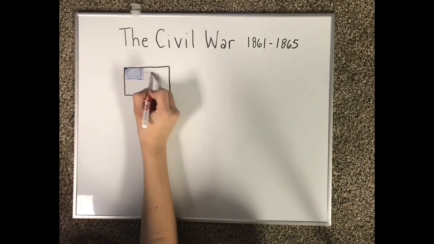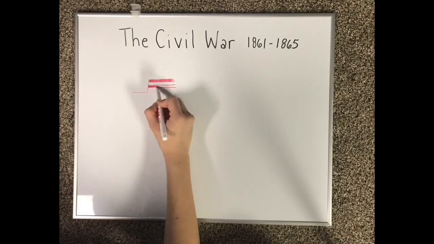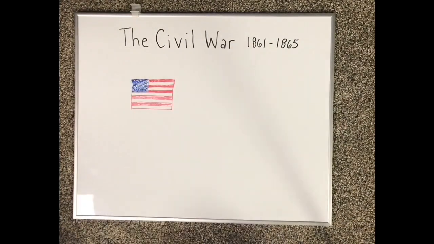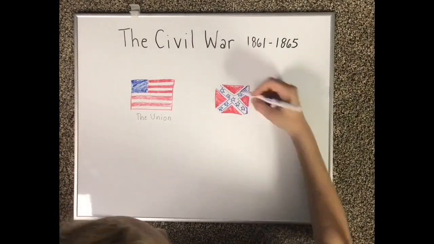The Civil War was a conflict between the North, which was called the Union, and the South, which was called the Confederacy, which broke out as a result of the institution of slavery. The Union won, and the war ended slavery. While this is pretty much true, those two sentences don't give us the complex understanding of the war that we